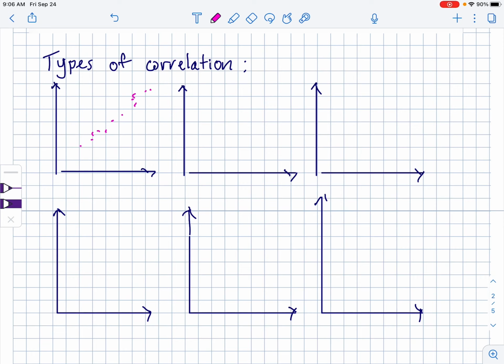Now let's talk about some words we can use for types of correlation. So you're going to be looking at some scatter plots. If you see a scatter plot that's kind of going uphill, this is called positive correlation. If it's trending downhill, this is negative correlation. It's the same thing as slope. If the line's going uphill, that's positive slope. If it's going downhill, that's negative slope. Sometimes you'll get kind of a snowstorm situation like this, and this we would say there's no correlation.